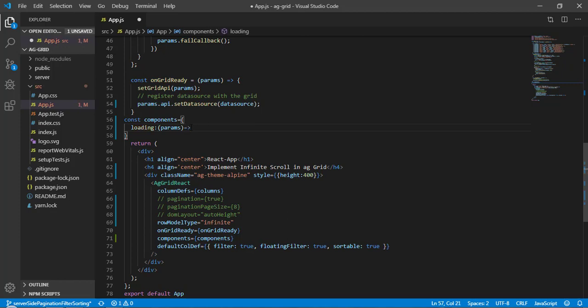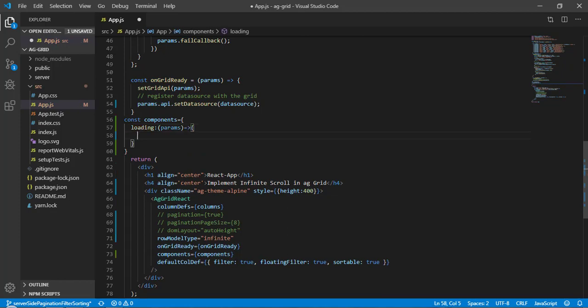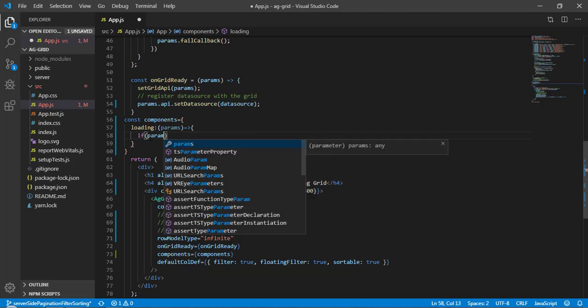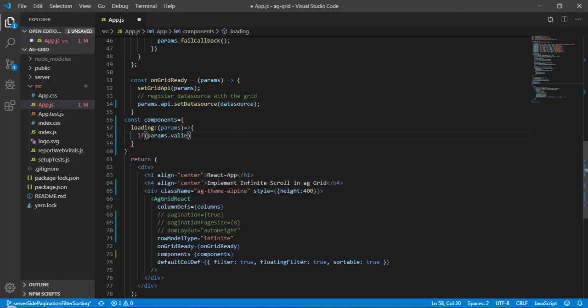So now I will write an arrow function, and here I will check the condition if the value exists or not. So params.value not equal to undefined.